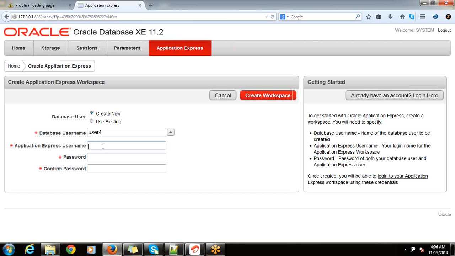For Application Express username also you give the same one, user 4. And the password is of your choice. I am giving a password and confirming it. Then click on create workspace.